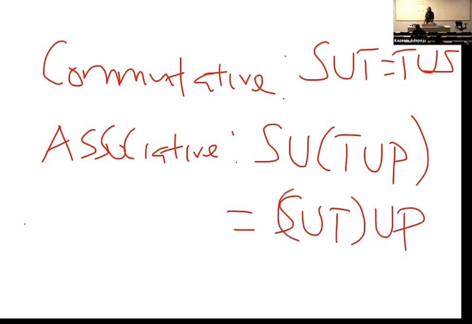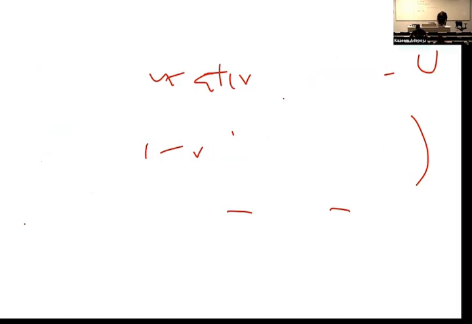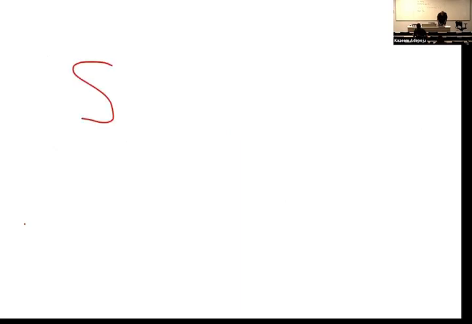Every time you hear associative, the number of sets must be more than 2. Two people can do association, but two sets cannot be associative. Association starts from 3. So take a look at that. That can actually be proved. Now, take a look at this. S union